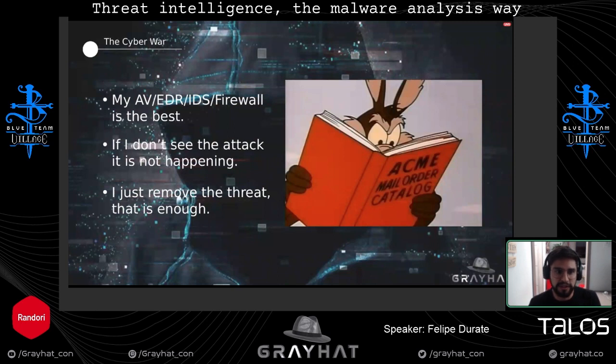Cybersecurity, at least from the defender standpoint, is like we are always finding things that the bad guys did, but we are never ahead of them. It's kind of difficult. But we need to remember something: we are not in a cartoon. So we need to implement a new strategy based on real wars, not cartoon fights, right?